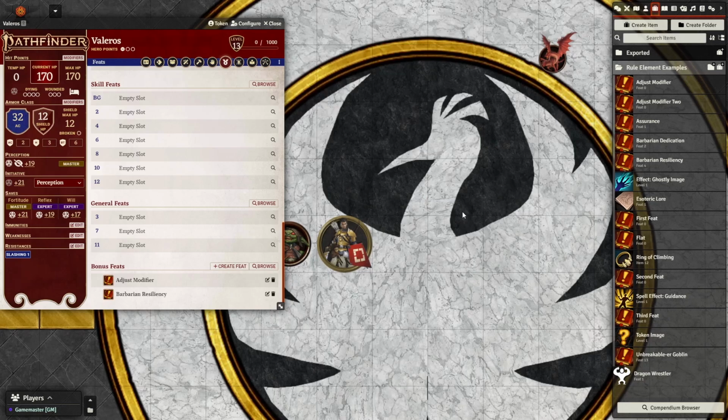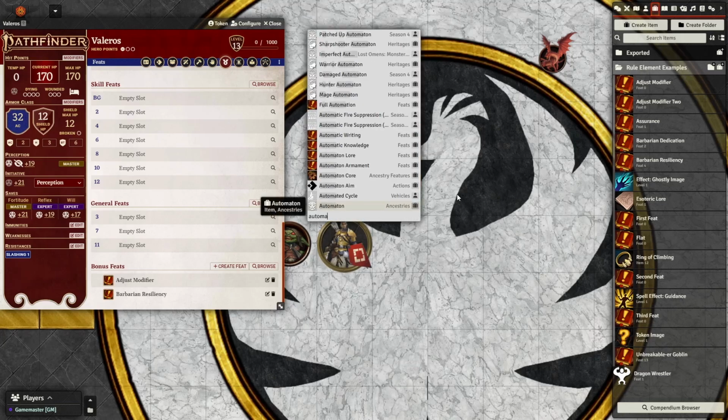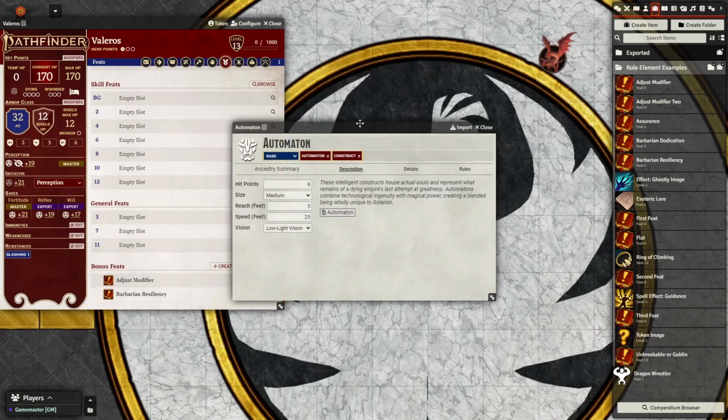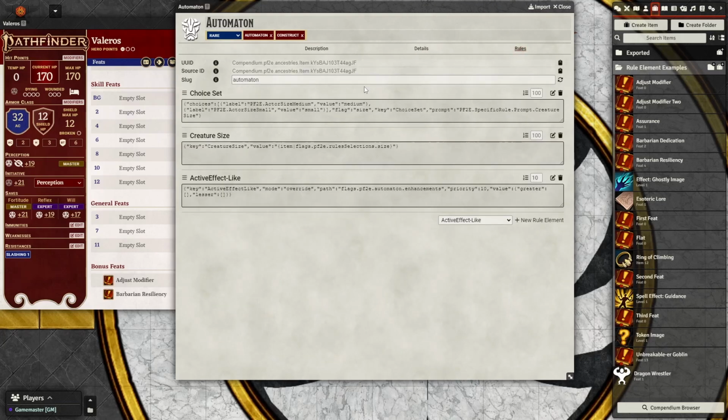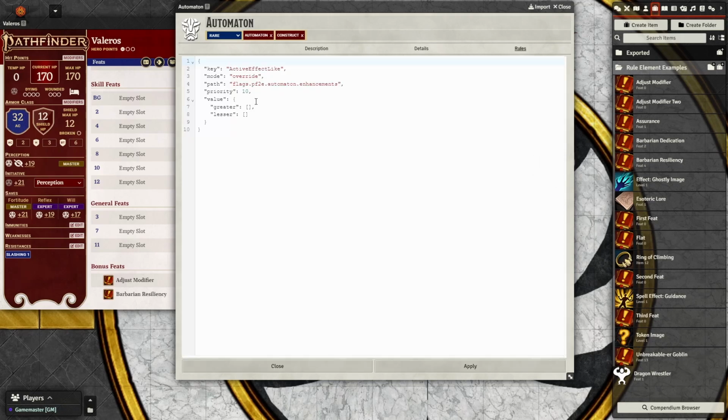You can also write a lot of actor data with them, or fill in actor data with other things. So let's take a look at Automaton. They have one of the more complicated examples of active effect likes and how it's interacted with, and this is one of the things I will go in depth on in the next video. But you can even set so this active effect like is doing an override. We're setting the priority to 10 because it is very,